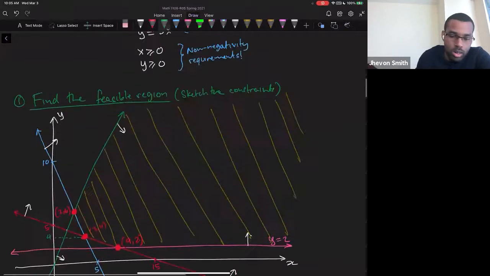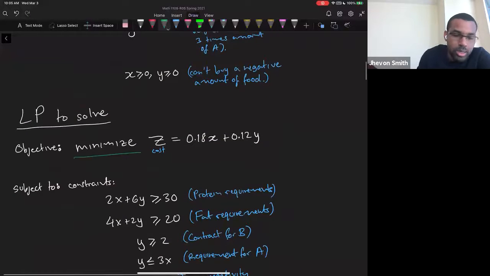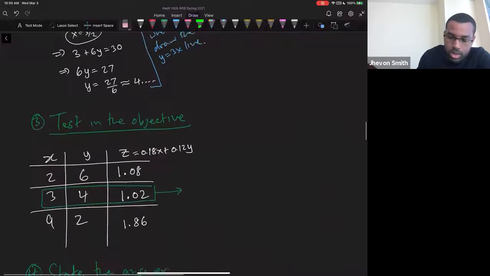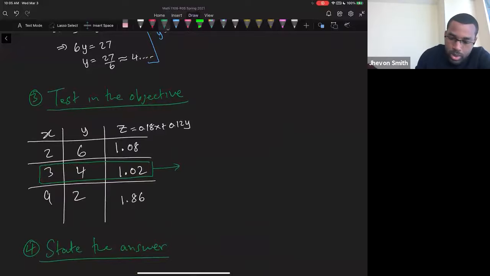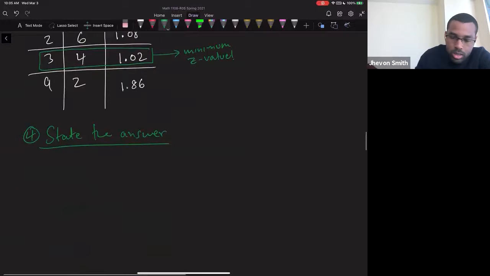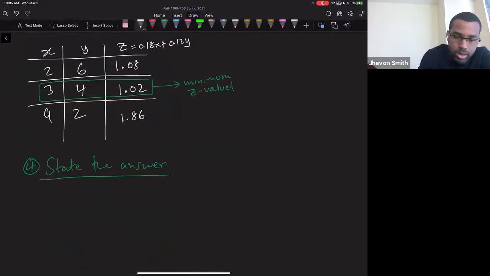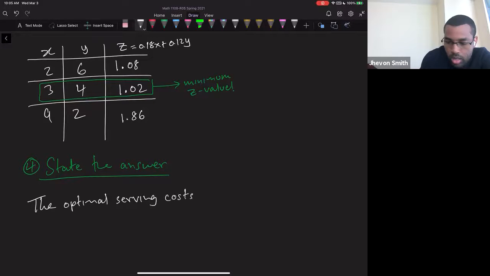Because it seems like this is the one we want, right? So remember, our goal was to minimize. So we want the minimum one. So here is where we had the minimum z value. So that's the one we want. So the optimal serving costs $1.02